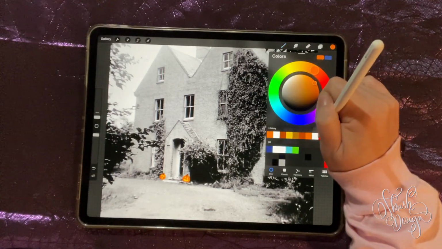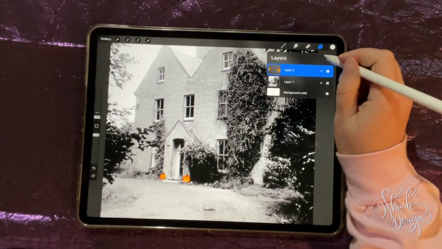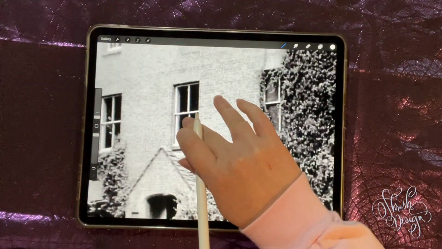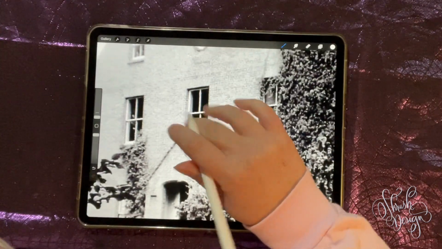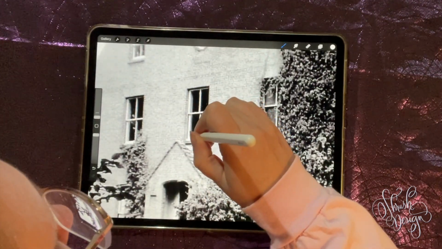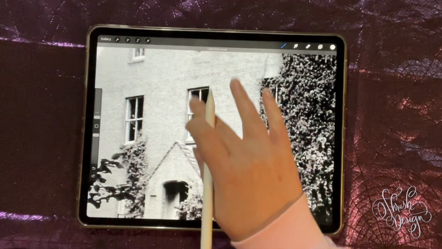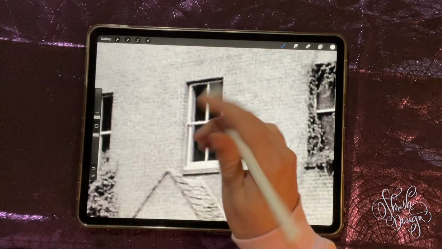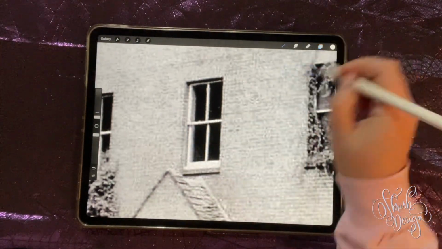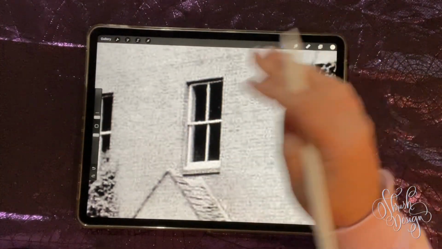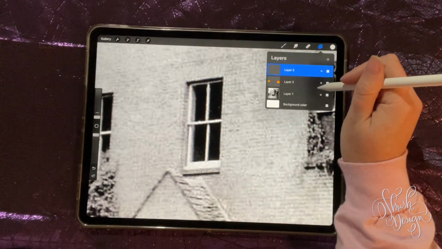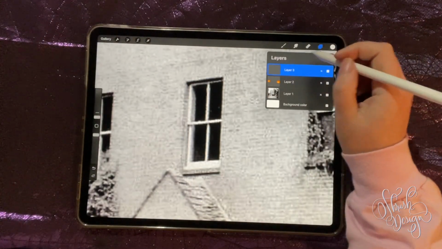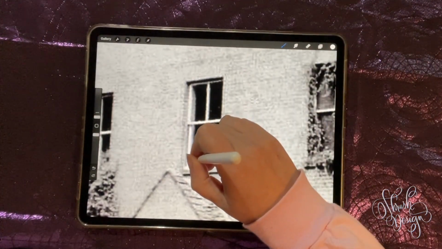And then I'm just going to make a ghost in the windows. Now something tricky about this I can show you is we want the ghost to be behind the window, and this layer is technically over the photo. But if you were to put it under the photo, you wouldn't be able to see it because the photo's there. So what you can do is